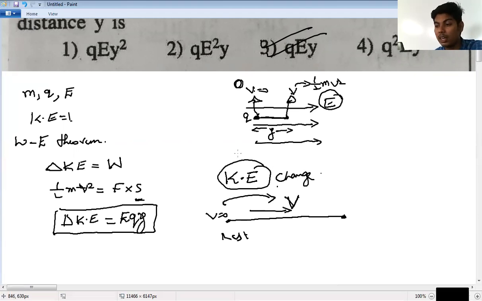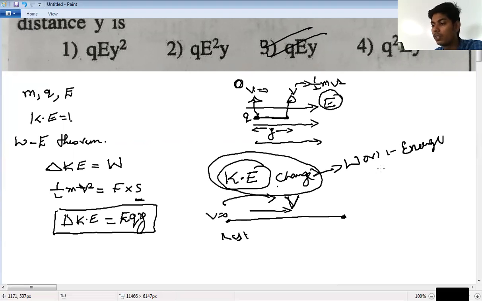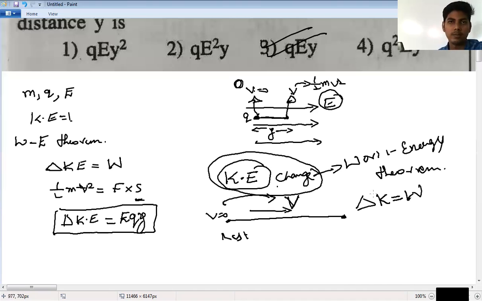Wherever they say the kinetic energy is changing, there you try to make use of the work energy theorem which you have learnt in first year. The work energy theorem is to be made use of, right? According to the work energy theorem, the change in kinetic energy will be exactly equal to the work done. This is the work energy theorem. So the option here is